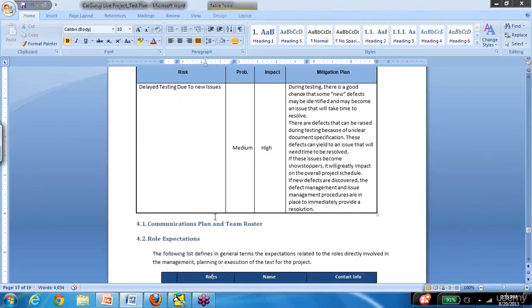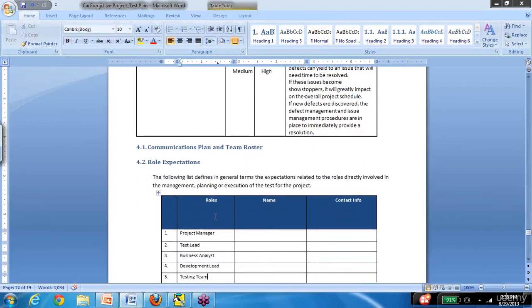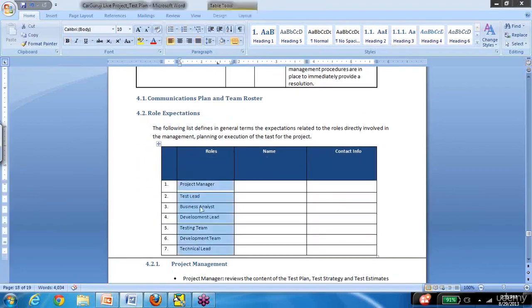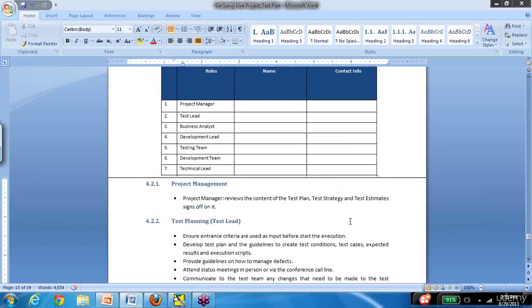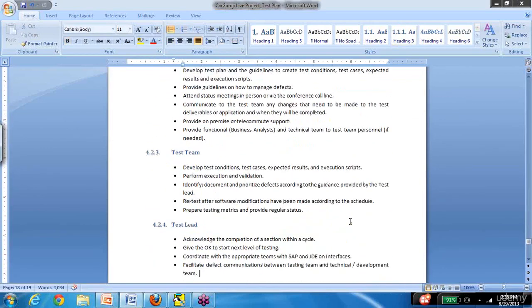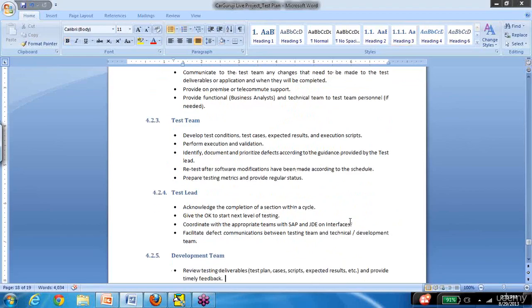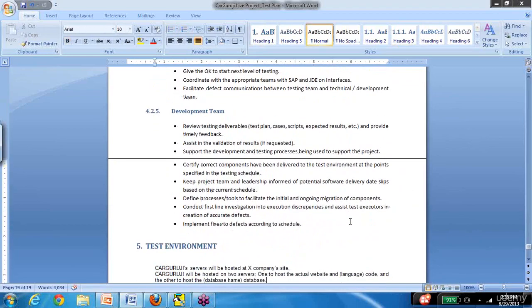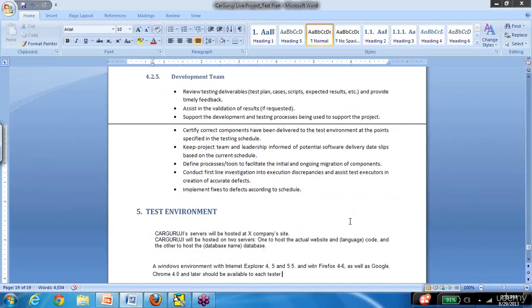Okay, all the defects are usually addressed and a mitigation plan is created. Now the communication: who all are the team members involved, the points of contact, their names and their contact information is usually shared across the team. So what is expected of each team is again clearly defined here. Again, I did this to make sure you all will have a template to follow in the future.